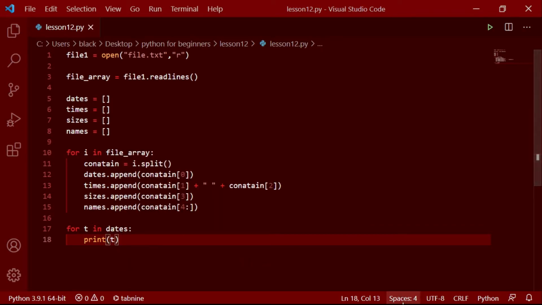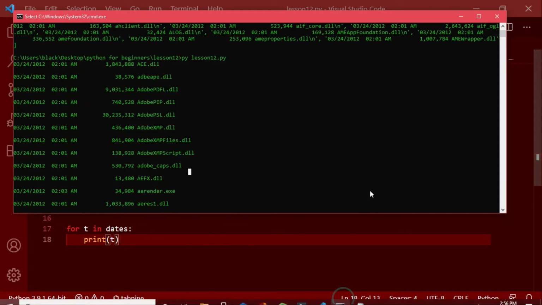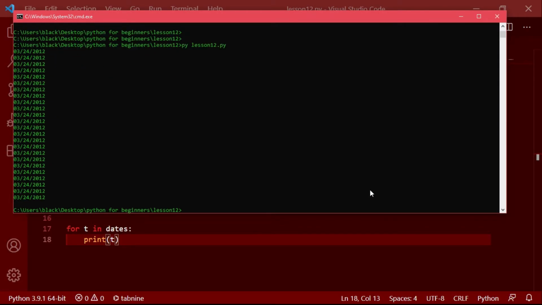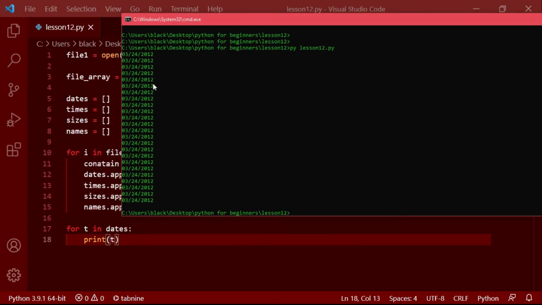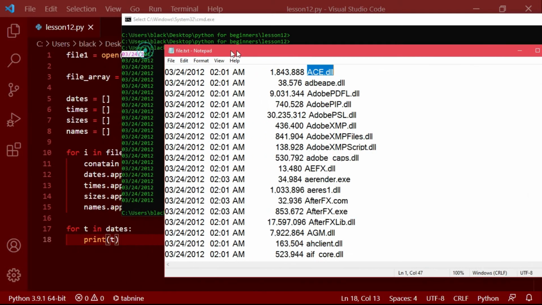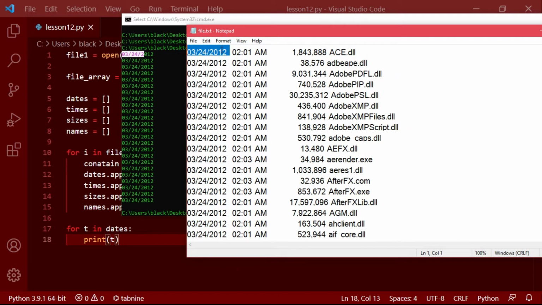If we type it like that and run it, you can see all the dates separately. Actually here is the same date, but if we check it with this file, it's also the same date.